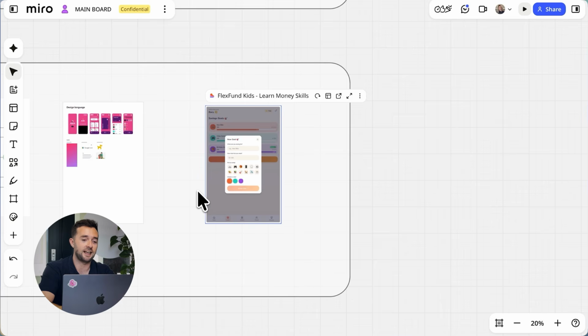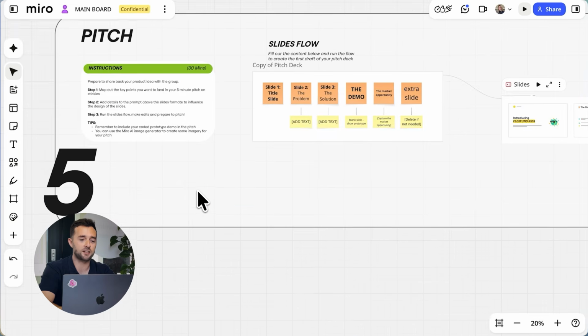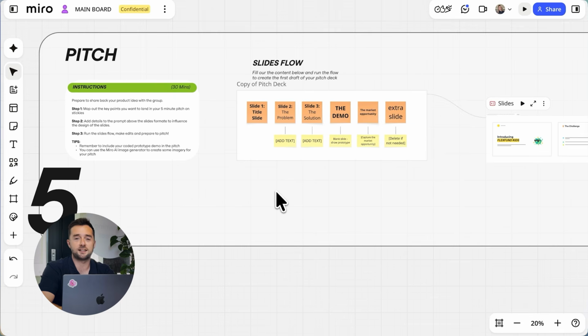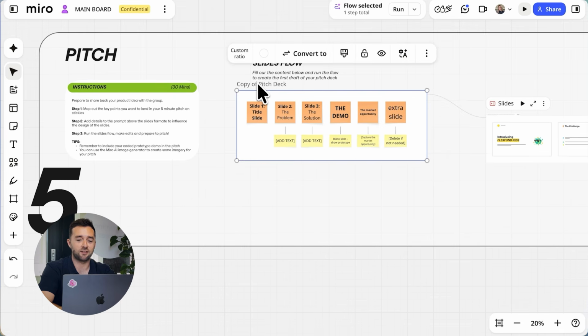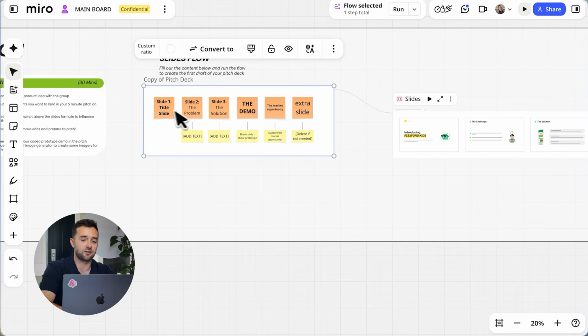So we have something real and tangible to actually put in front of customers, but present back at the end of the hackathon. And this last space on the template is an area to present a pitch. So this is using the flows functionality again, connected to slides. So you can simply brainstorm in sticky notes what story you want to present to the judges, and then instead of spending lots of time fiddling over what the slides look like, AI can obviously help you there